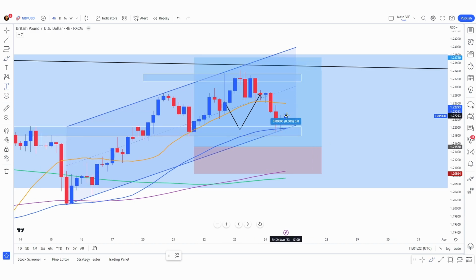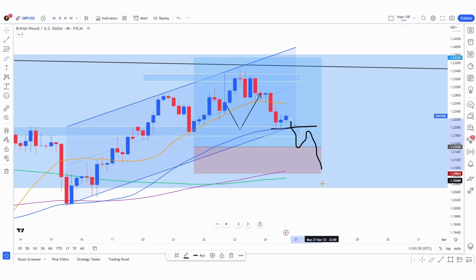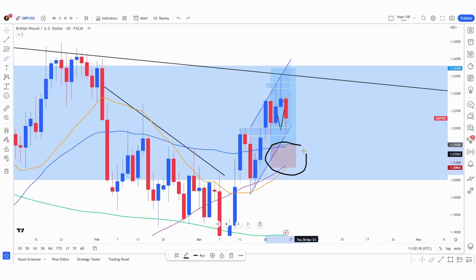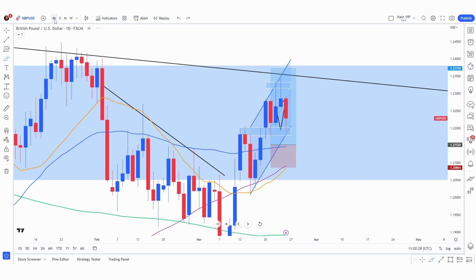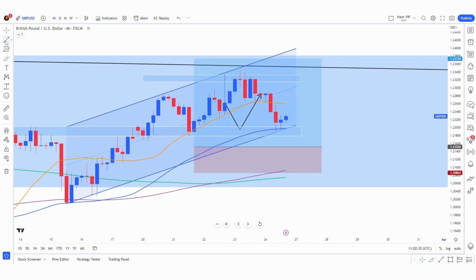So we could potentially aim for around 90 pips, maybe 120 if we want to bounce off that weekly downtrend as well. Unless we break the 50 moving average, then it could start a slight downtrend. However, we do have the 2 moving averages nearby, so this area space over here wouldn't give you the best risk reward. Plus the daily moving averages are nearby, so even if we do get a break towards the downside, we might get a solid rejection and go back up. So scary thing to do. If you want to sell GBP USD, I would rather wait for a buying confirmation and kind of retest that